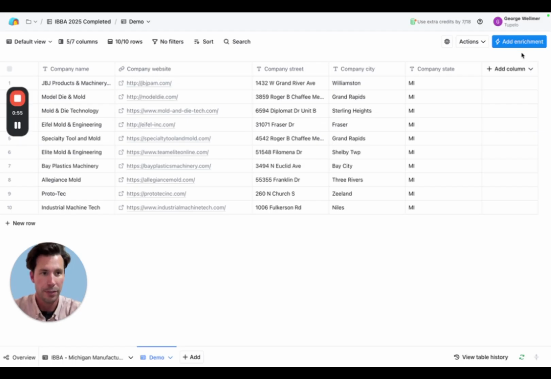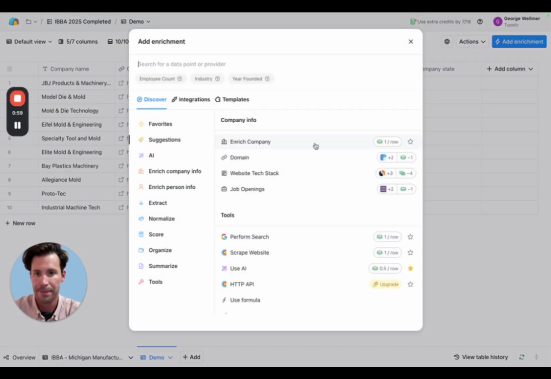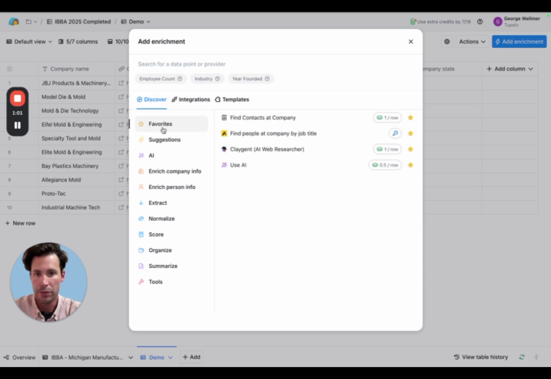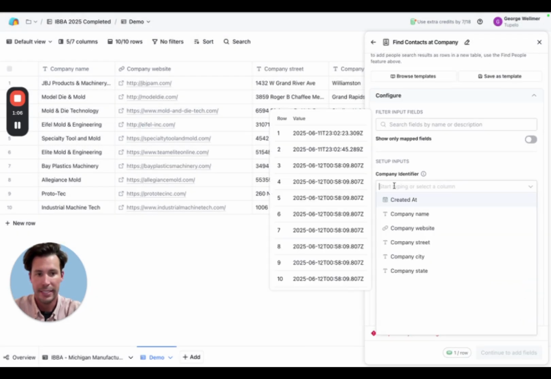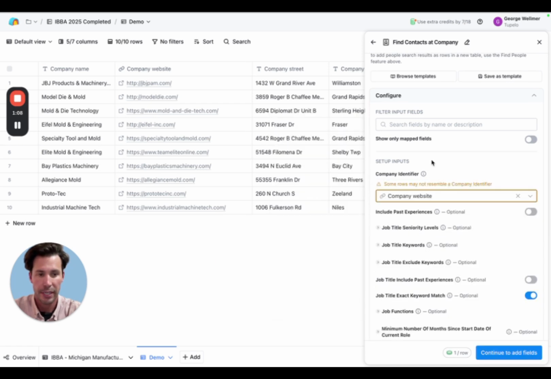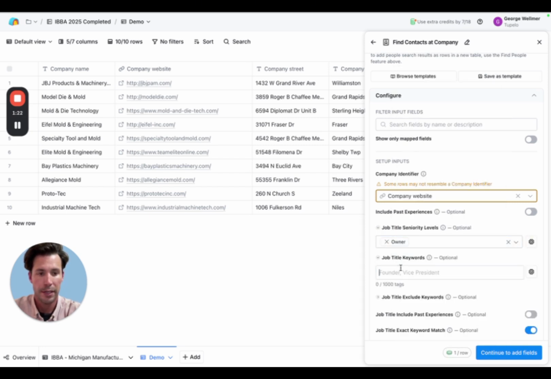So how you do that is you go to add company and you add enrichment. I'm going to go to one of my favorites, find contacts of companies, identifier, which is the website. So of the information we have here, what specific column are we going to use to identify that specific business? Job seniority levels, click owner, job key titles, owner, founder,